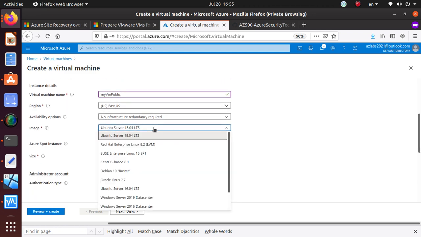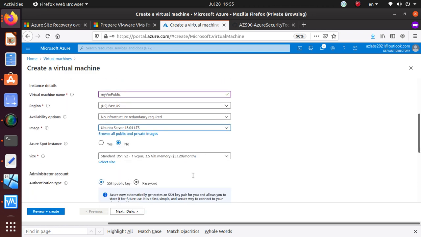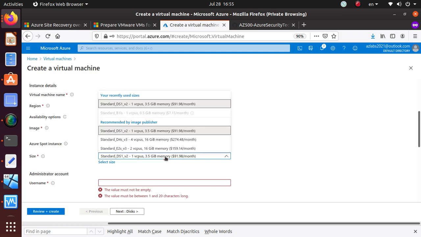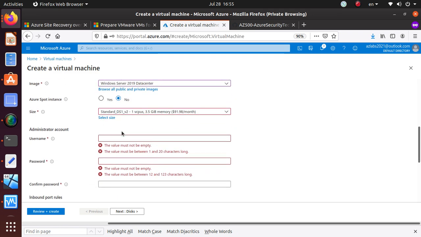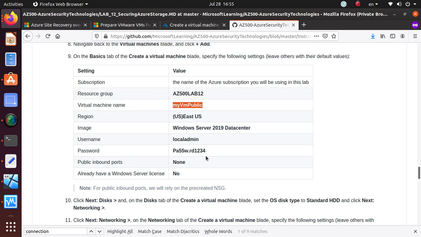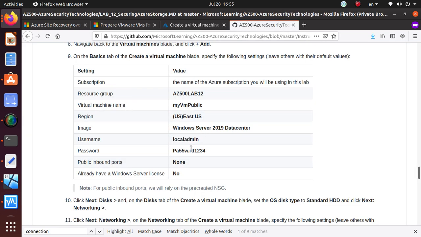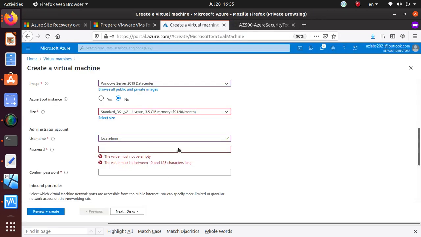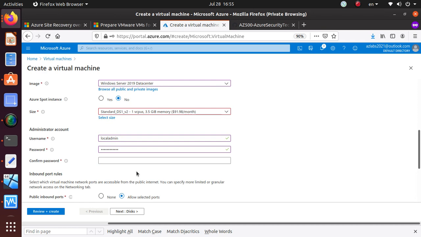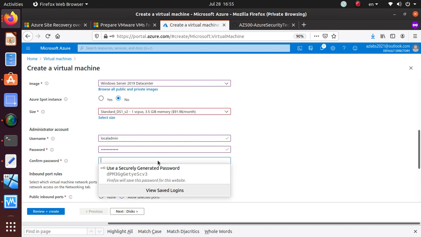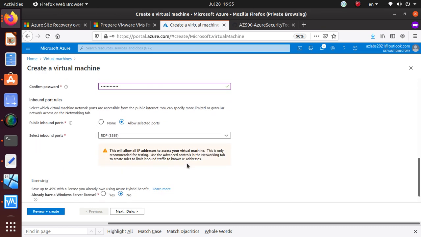Availability you don't need, choose another 2019 data center, this is good. Username is gonna be probably the same username and password, so let's get that one, username, and let's do the same password for here. So let's get that one and put it over here, and once you have that,